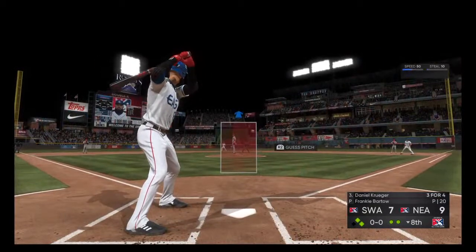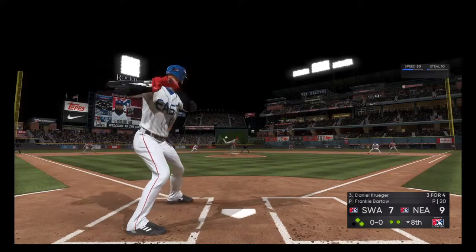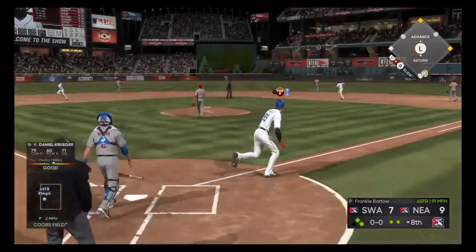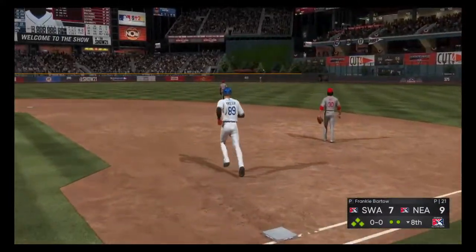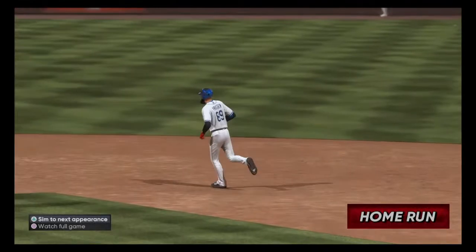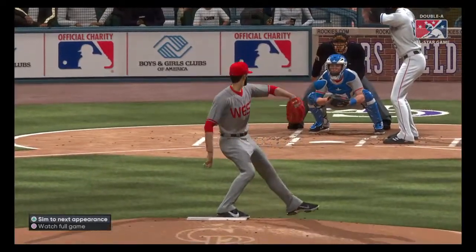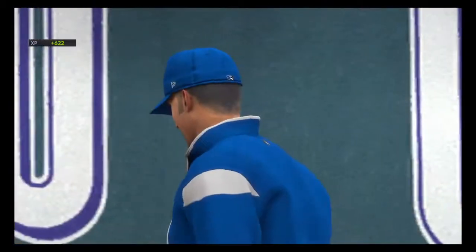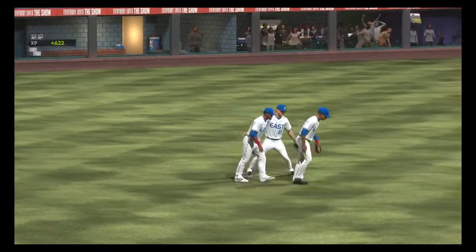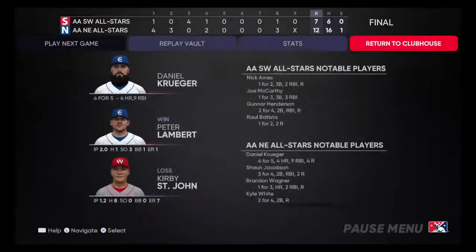Digging in will be Daniel Kruger. He flew out in his last debut. Set and the pitch. Oh, and here's a drive. Well hit out to straightaway center. Way gone. Out to the tree farm. We'll talk about having a great day. 4 home runs. Wow. Plenty of runs to go around in this one. Not a great day to be a pitcher, that's for sure. These hitters...